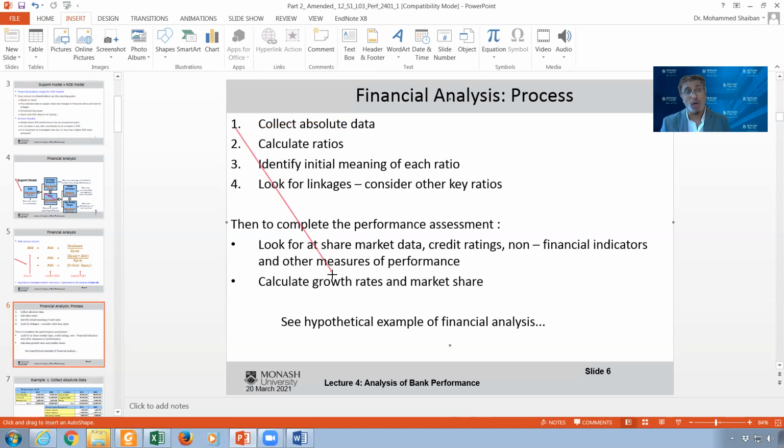But now, later on, I have to look at the share market data, credit rating, financial indicators, and the other measures of performance, and calculate the growth rates and the market share. If I have a trend with the ROE going up, all of those should go up. If all of those are going down, or some of them going down, especially the market share price, and the ROE is going up, then